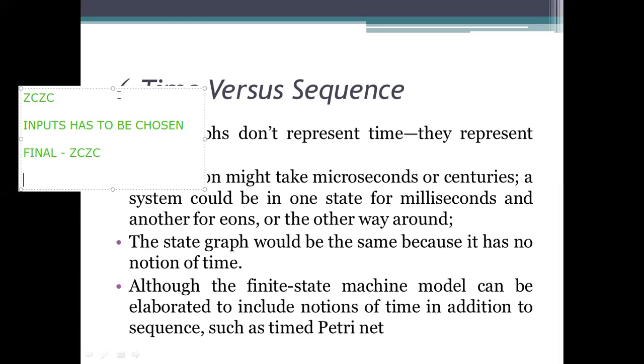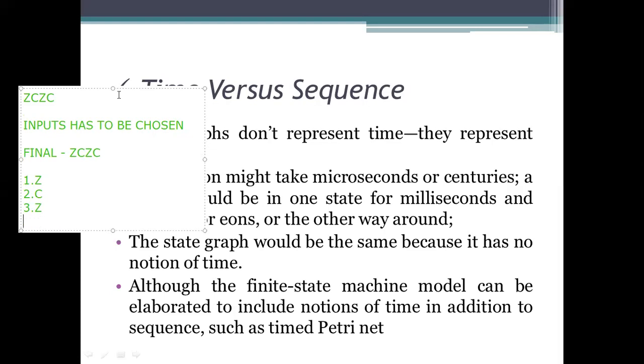We need to pass the input Z in the first transition, then in the second transition I need to pass C, in the third transition Z, and at the fourth transition C. So these values represent the first character, then C the second character, and then C will be considered as the fourth character.